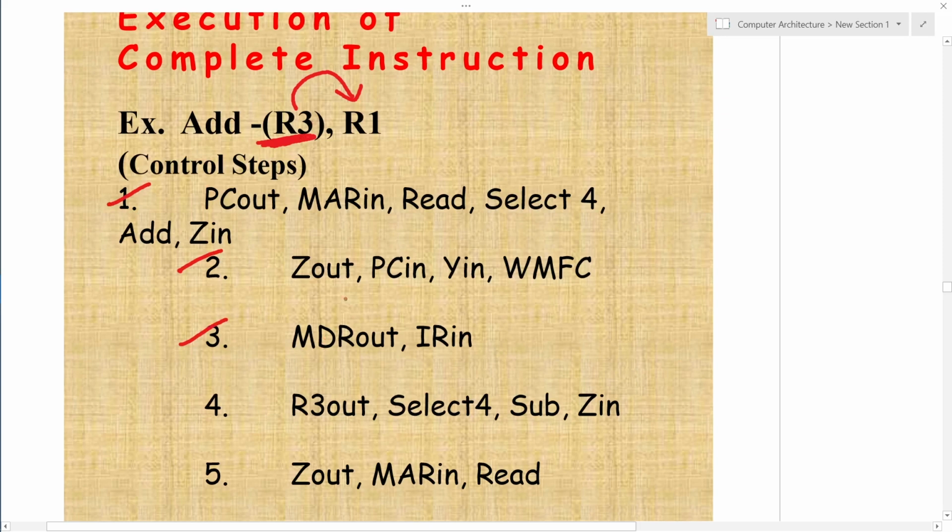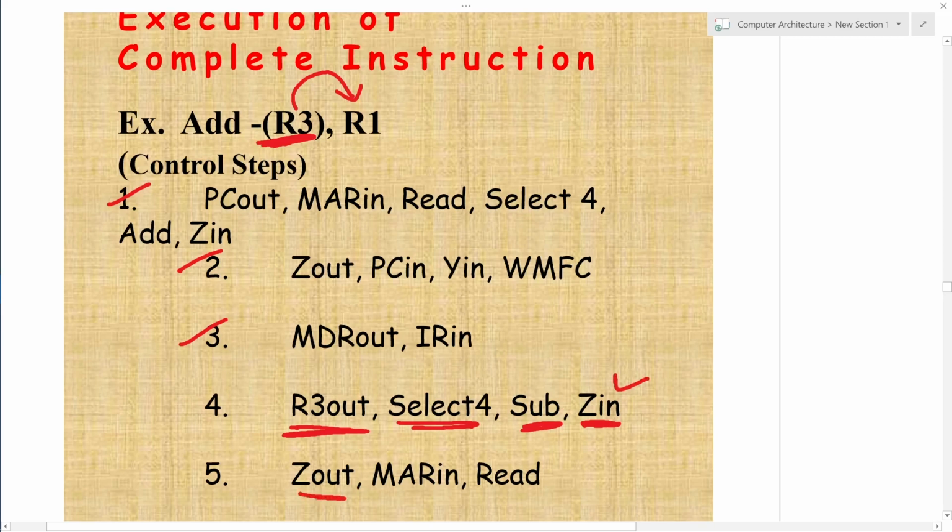Then I have to start with R3 out, and I have to select 4 because I have to subtract it, and that subtract result will be available in register Z. So what R3 holds will be subtracted by 4, the operation is subtraction, and it will be available in Z in.